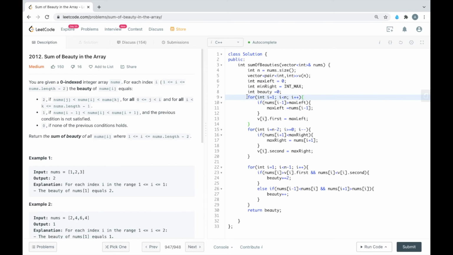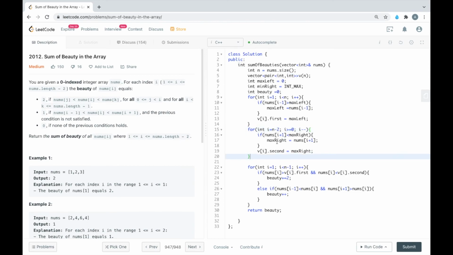So in this first for loop, I am storing the maximum value encountered before that index, and we are storing it in the first part of the vector. And in the second for loop, we are storing the minimum value encountered on the right of that index, that we are storing in the second int of that pair.